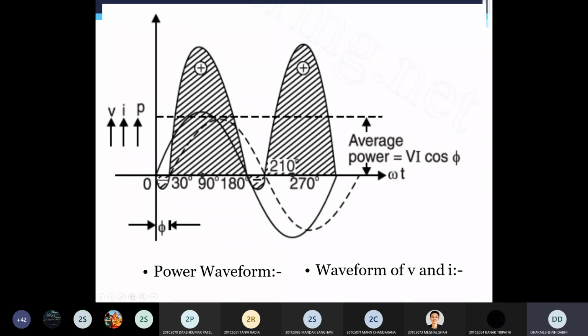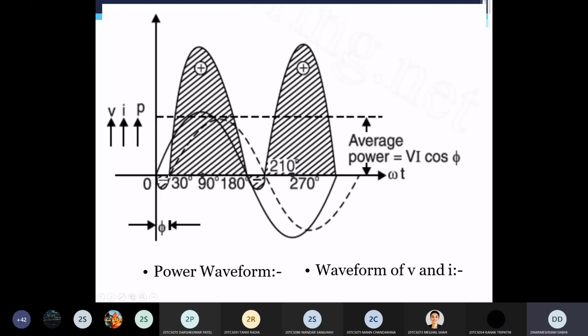Clear? So first of all, you can see the value of voltage between 0 to 30. Voltage is positive, you can see here. What is the magnitude of current between 0 to 30? It is negative. Clear? So what is the multiplication between voltage and current? Obviously it is negative, because if any one quantity is negative, ultimately your total quantity becomes negative when you multiply both these. Clear? So here voltage is positive but current is negative, so that's why you get the power P that is negative. So you can see that the small sine wave between 0 to 30 degrees is negative because your current is negative. So power is negative between 0 to 30 degrees.